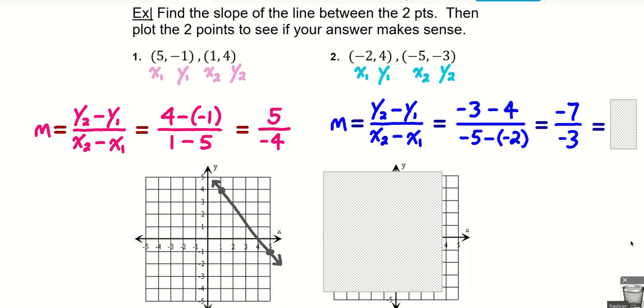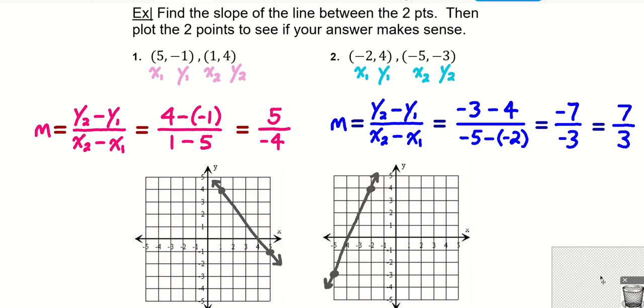Negative 3. Okay, so what happens with this fraction? Does it reduce at all? Not really, other than a negative divided by a negative is overall positive, right? Positive 7 over 3. And then we can verify that easily by plotting these points,